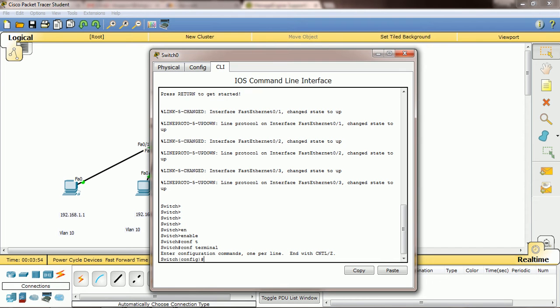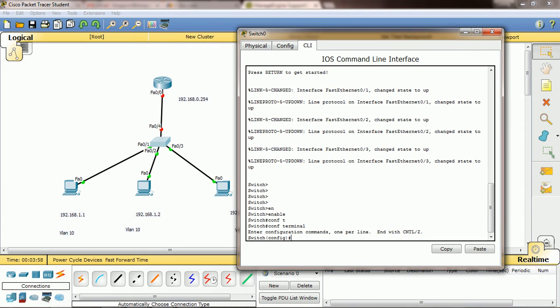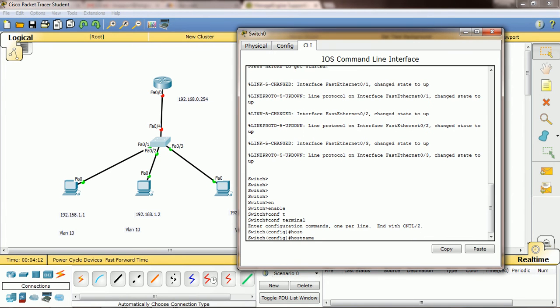Now I entered into this switch. Now I am in global configuration mode. Here you can see the name is called switch. Now I am going to change the host name to change.